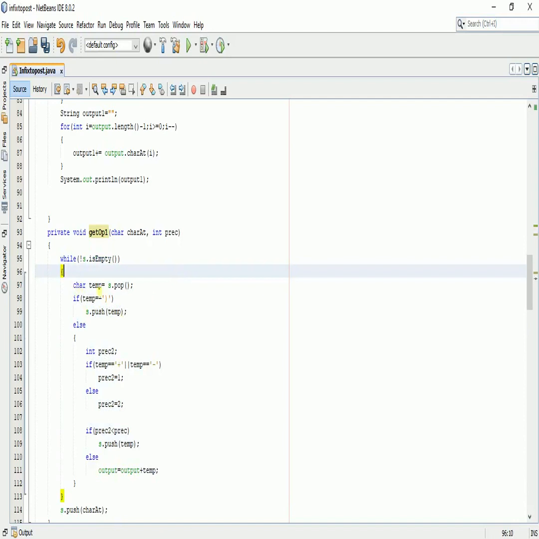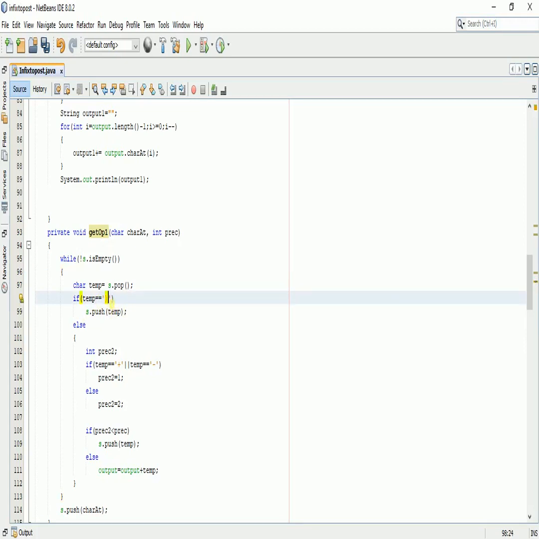There I have created a temporary variable that holds the previous value stored in the stack. If the stack is not empty, then this while loop is executed. Once the last value from the stack is stored in this temporary variable, it checks if it is this parenthesis, which in our scenario is acting as the opening parenthesis.